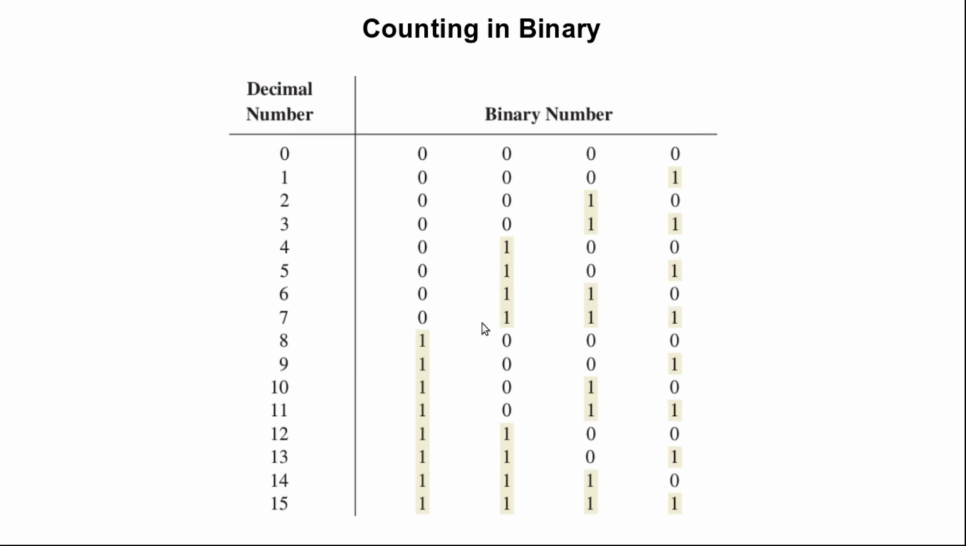7 is represented as 0 1 1 1, 8 is represented as 1 0 0 0, 9 is represented as 1 0 0 1, 10 is represented as 1 0 1 0, 11 is represented as 1 0 1 1, 12 is represented as 1 1 0 0, 13 is represented as 1 1 0 1, 14 is represented as 1 1 1 0, and 15 is represented as 1 1 1 1. So please remember this table, and if you try to understand how to create this table, you can use the previous method I said, or